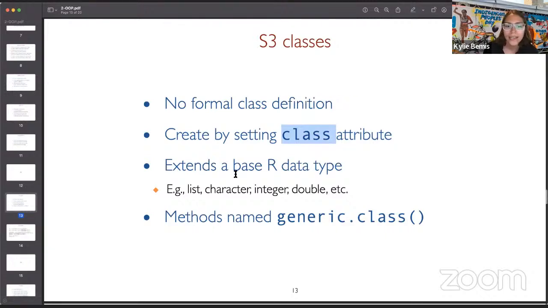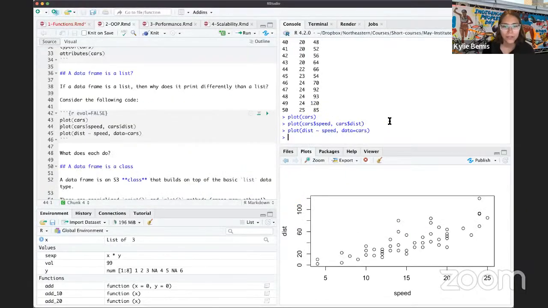And any S3 class will really just extend a base R type, whether that's a list, character, integer, double, so on. So an example of this is a data frame in R is an S3 class that just extends the list class. So for example, if I jump over here to RStudio,